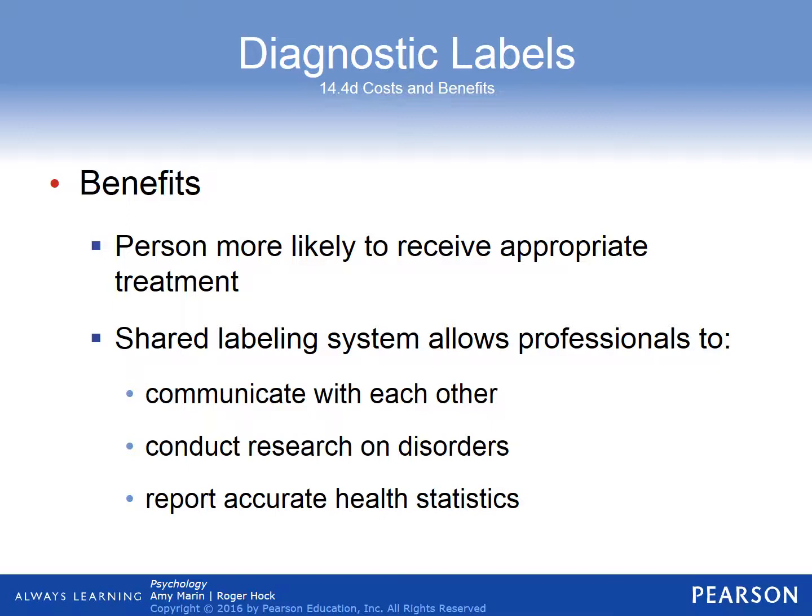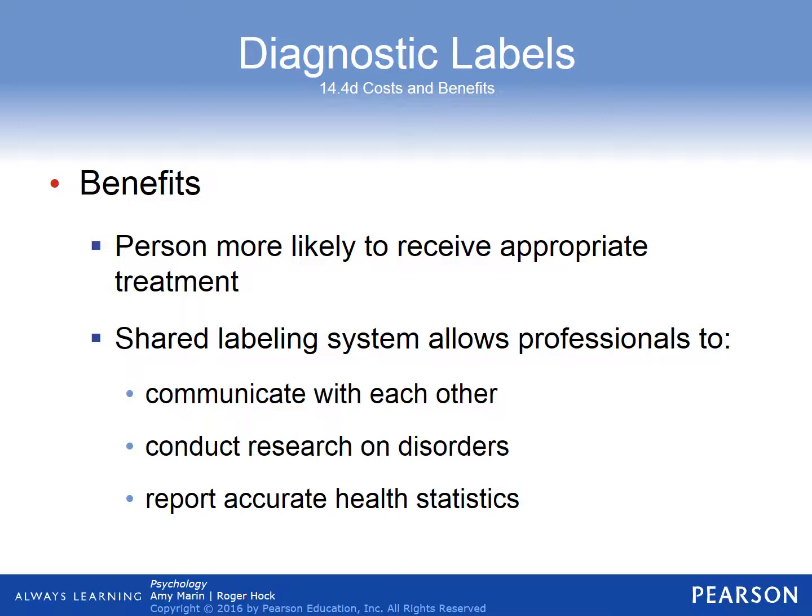So we want to be very careful about how we label people and if we even label them at all. But there are benefits. If you can give a label to someone, they often can get the treatment, not only because that's how therapists and psychiatrists are trained to treat people based on their label, but it also allows people to communicate with other professionals where you have a